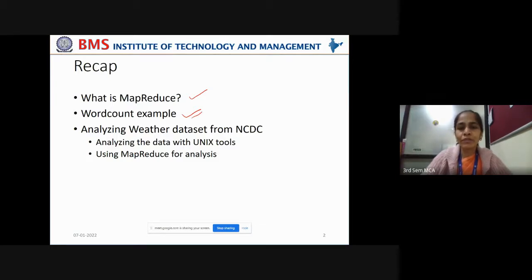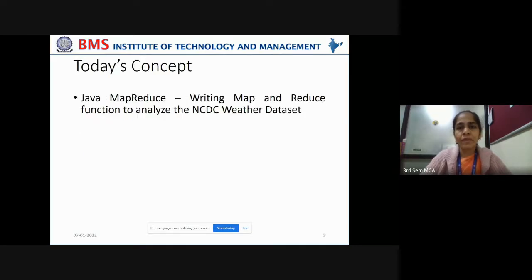I also introduced you to the NCDC data set and how it looks in the actual domain, and how we wanted to bring it to a smaller scale and understand how to write MapReduce programs to find the maximum air temperature recorded in a year over 100 such years. For that, we are now going to write MapReduce programs. We write a mapper class and a reducer class and then pack them into a job to deploy onto an HDFS cluster, distributing it across various data nodes to perform the task.